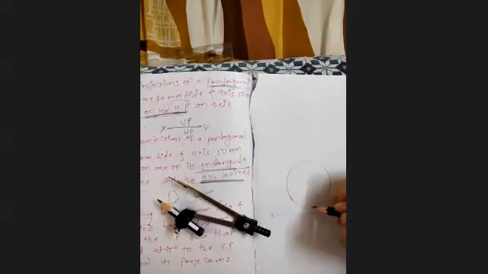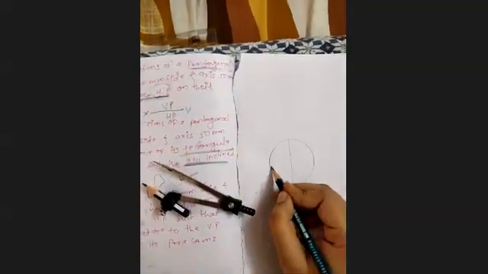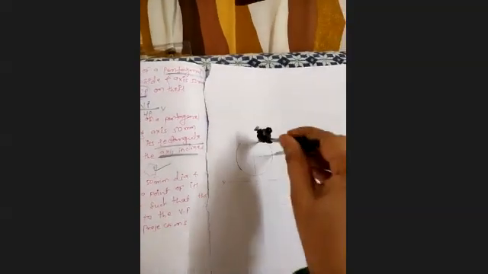Draw one vertical center line and one horizontal center line, and divide into 12 equal parts. Take this as a center and draw one arc, 25 mm as a radius. This as a center and draw one arc like this, upward side and downward side, 25 mm as a radius. This point as a center and draw one arc, radius is same, 25 mm. Similar procedure from this side also.